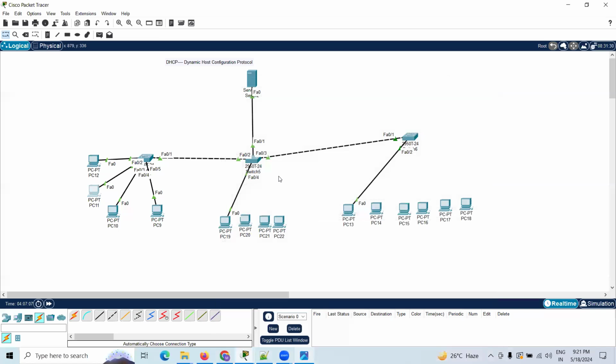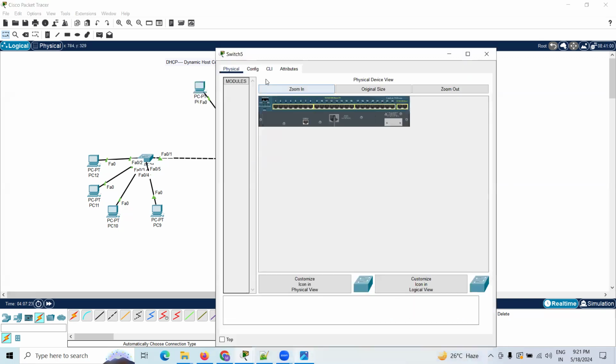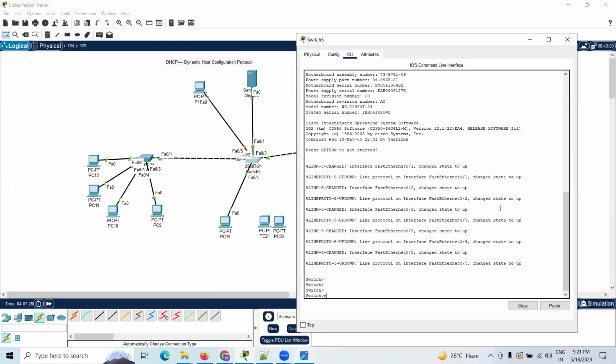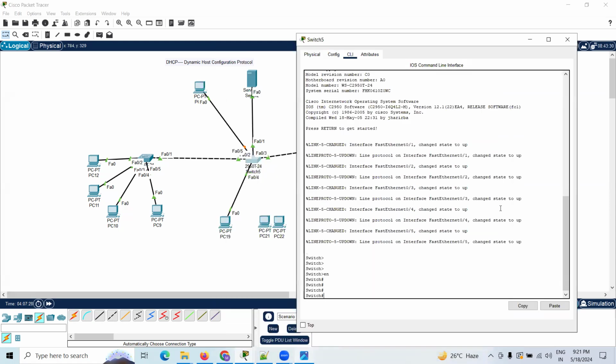I'll show you here. I'm taking a port number here, the orange color one, port number FastEthernet 0/5. Enable and